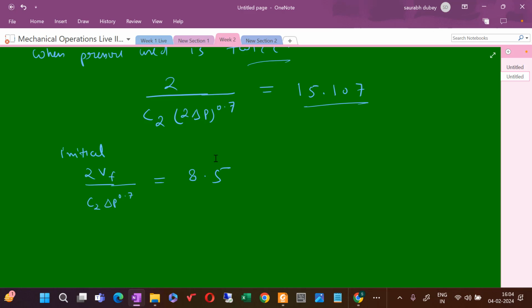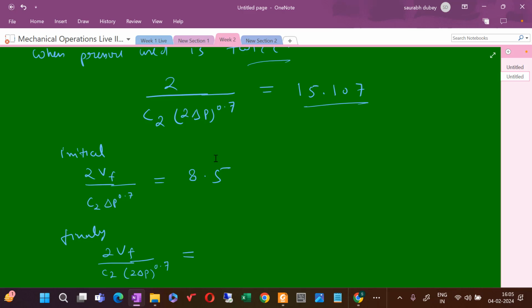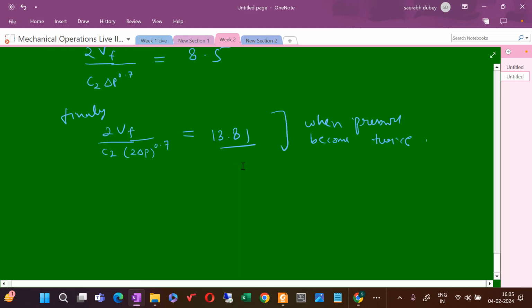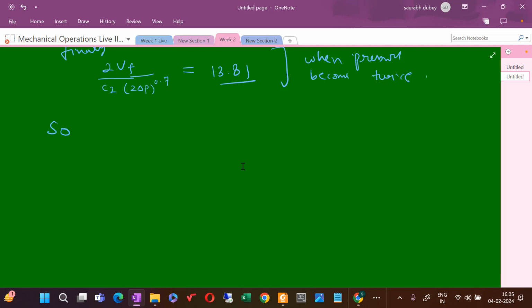This is initial, and finally what happened? This 2vf by c2 became 2 to the power 0.7 times, and on calculation you will get it to be 13.81 when the pressure becomes twice. So this became 13.81, and so the new